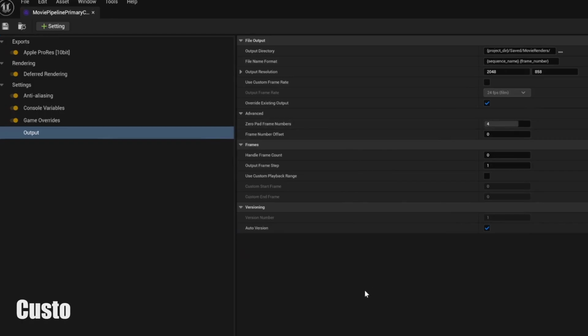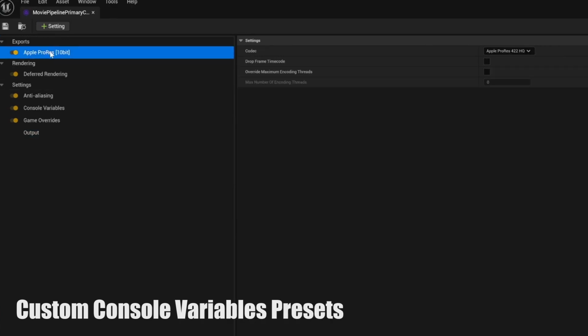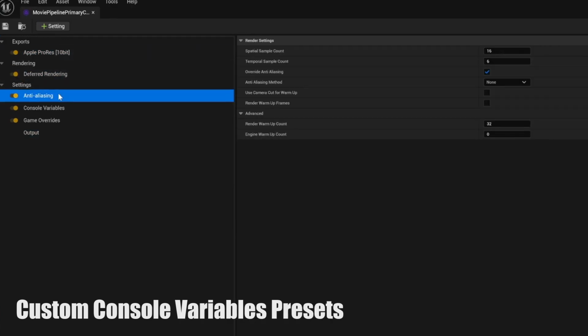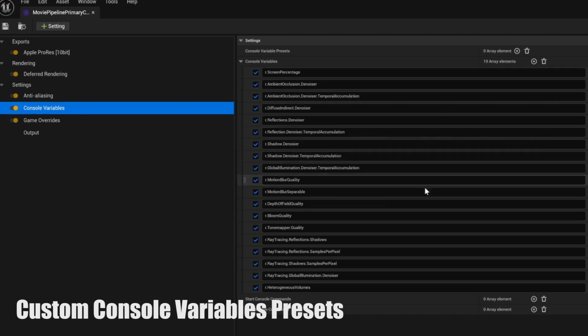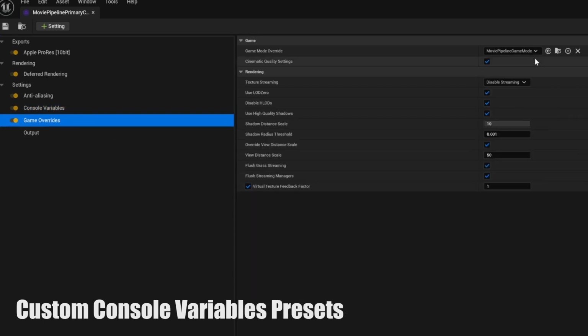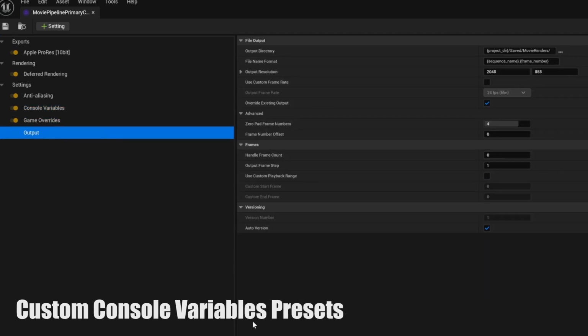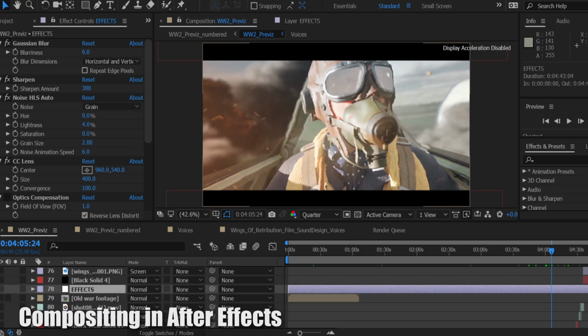I created some custom control variables to optimize my render times, just like I had done in my previous project, adding additional anti-aliasing so that I could already have something cleaner from the get-go before compositing. I then imported my shots in After Effects, where I did some really basic compositing to add little extra things like film grain, lens distortion, chromatic aberration in an adjustment layer, as well as some color corrections, additional color masks